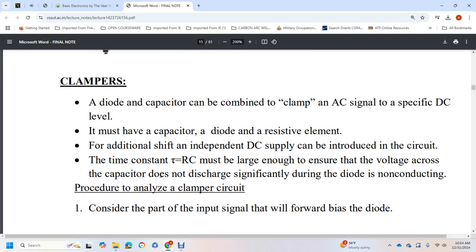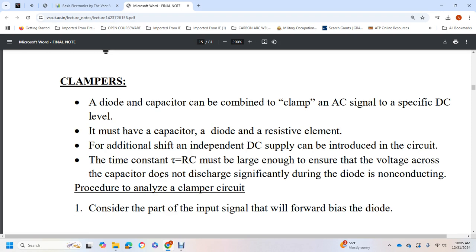Clampers. A clamper circuit combines a diode and a capacitor to clamp an AC signal at a specified DC level. Most have a capacitor, a diode, and a resistive element, with an independent DC supply sometimes introduced into the circuit. The time constant, equal to the resistance times the capacitance, must be large enough to ensure the voltage across the capacitor does not discharge significantly during the